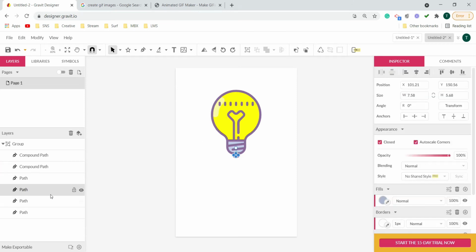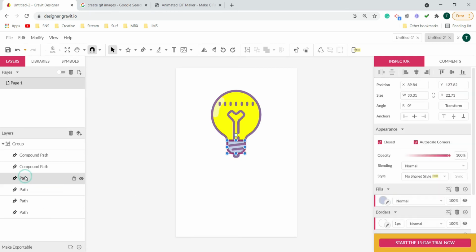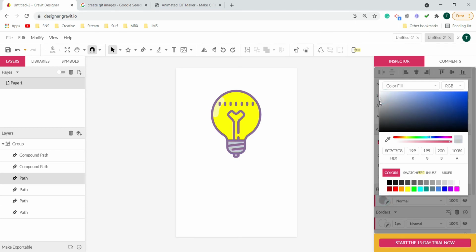Moving up next, I have this very tiny shape. Although here the color does not need to be changed, anyways, just to give a bit of difference, why not change it? But I will obviously not keep it yellow, but rather a grayish tone, I would say. Select the next part. So this is the base inside this outline shape. For this also, I will change the color a bit to some grayish tone.